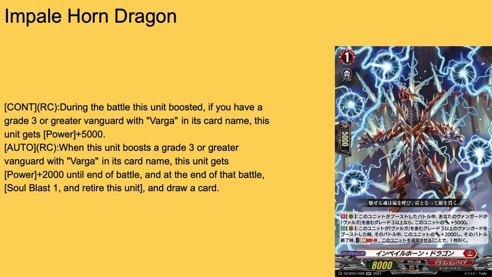Then we have Impale Horn Dragon, grade 1, boost, 5k shield, 8k base, continuous rear guard circle during the battle that it boosted. If you have a grade 3 greater Vanguard with Varga in its card name, it gets plus 2,000 power. And then auto rear guard, when this unit boosted a grade 3 greater Vanguard with Varga in its card name, it gets plus 2,000 power for the battle. At the end of that battle, Soul Blast to retire this to draw a card. All around pretty solid, because it's a 13k booster regardless of who it's boosting, as long as you have the Varga grade 3. And then, when it boosts specifically the Vanguard, it can become a 15k booster that can possibly